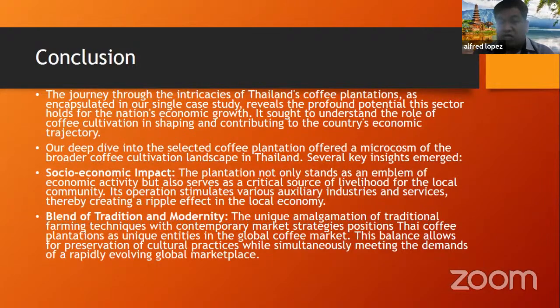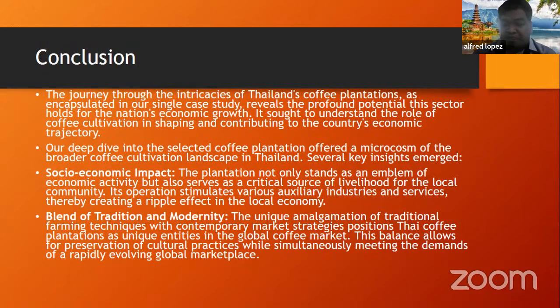The plantation not only stands as an emblem of economic activity, but also serves as a critical source of livelihood for the local community. Its operation stimulates various auxiliary industries and services, thereby creating a ripple effect in the local economy. The blend of tradition and modernity. The unique amalgamation of traditional farming techniques with contemporary market strategies positions Thai coffee plantations as unique entities in the global coffee market. This balance allows for preservation of cultural practices while simultaneously meeting the demands of a rapidly evolving